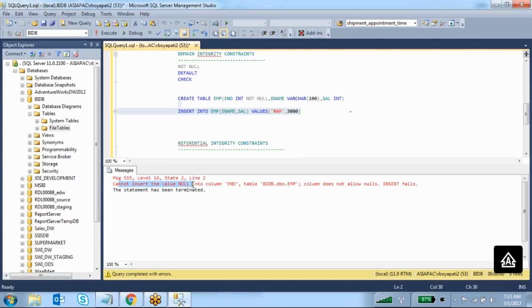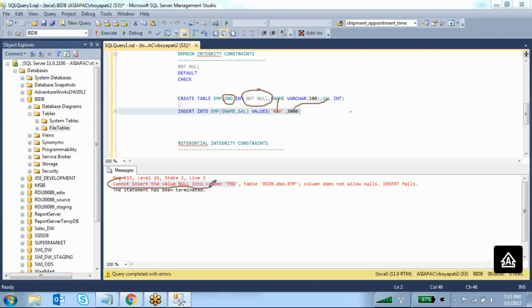Cannot insert the value null into the employee number. When you insert only the employee name and salary columns, the employee number column tries to take the null value, but you have a not null constraint on this table, so it doesn't allow a null value. That is why the error is coming.